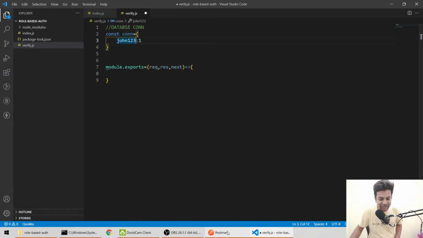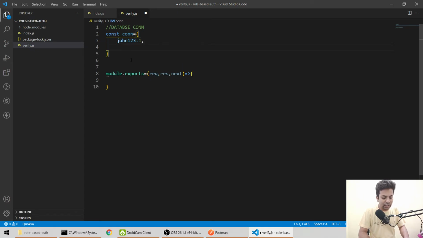Let me check, I just forgot. For ID John 123, yeah, this is the only one. We'll specify role 1, and suppose someone has an ID of max 123 with role 2. So they have different IDs.